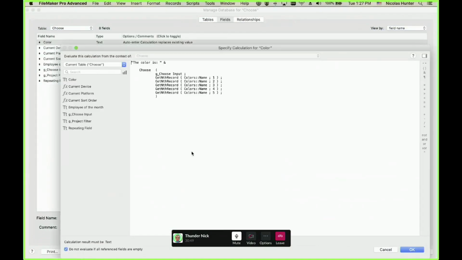And so what I demonstrate here is this. You get the nth records. This is on my schedule anyway as a session. With the nth records, you can go into a link here, and then you choose a color. So this is a related table, and I want the first record, the second record, the third record, the fourth record, the fifth record. So that's what I want to do using the choose.